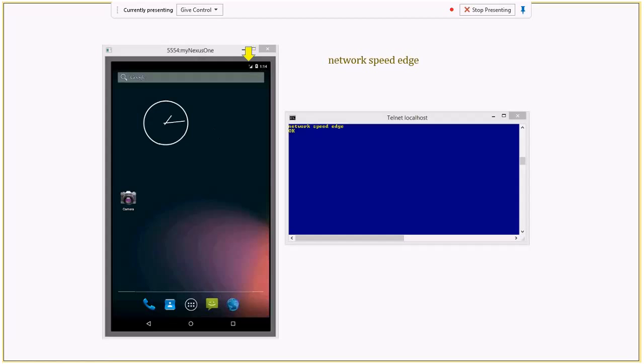If you don't know about Edge, Edge is Enhanced GPRS, and the maximum speed possible is 473 kbps. This is far more than what you see in real time. So you can set it to the lower network speed and test your app. You can bring it back to the full, whether it's 3G or 4G.